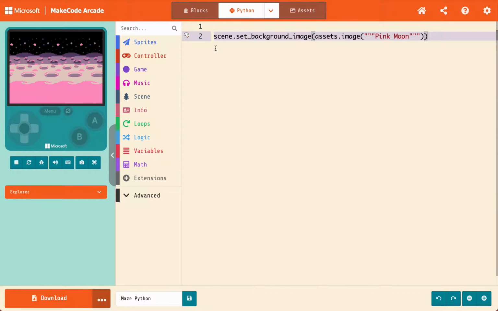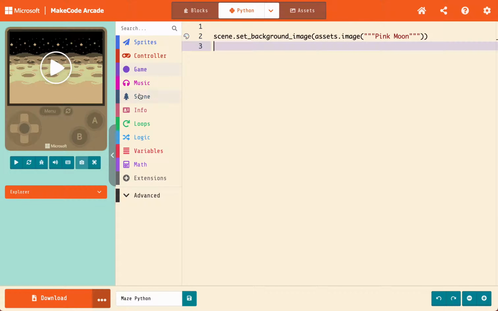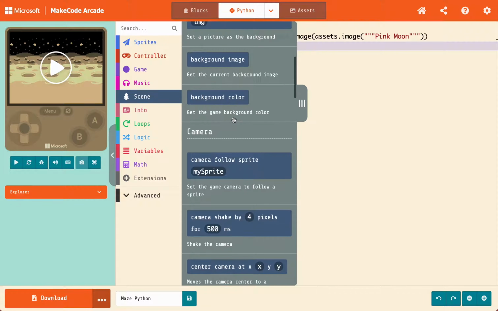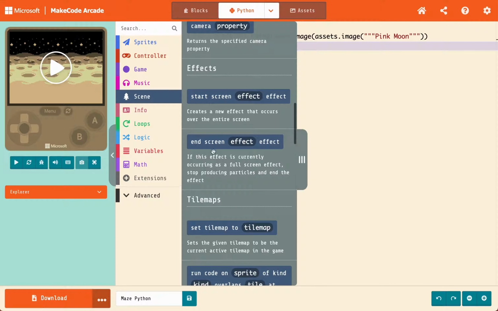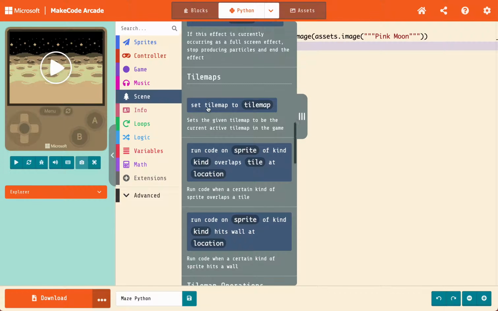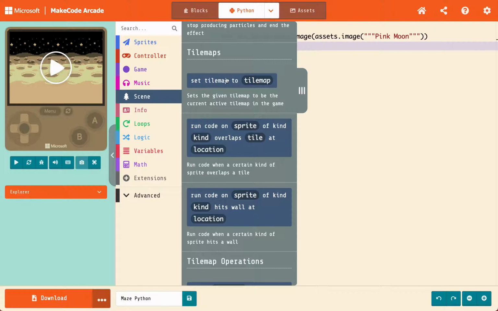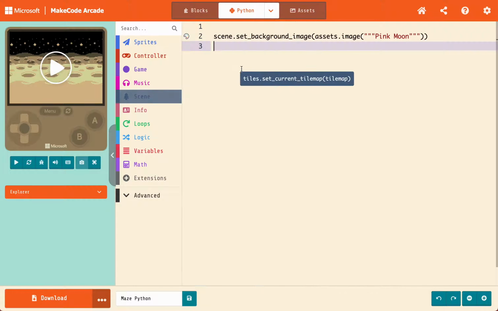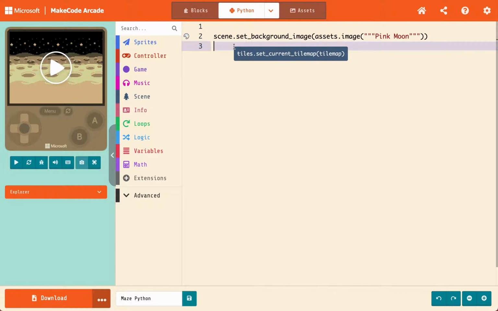And then I'm going to click enter on my keyboard to give myself a new line and go back into scene to grab myself a tile map. If we scroll down, there's a category called tile maps, and we are going to drag in this first block, set tile map to tile map. I'm going to drag this in and pop it on line 3,